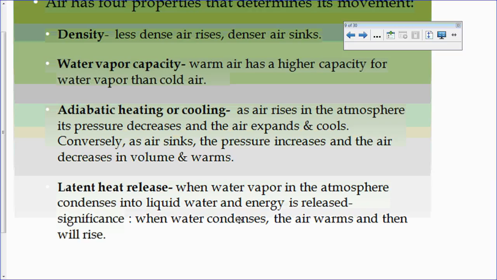Okay, when water condenses, the air warms and then will rise. So just think about it like this: if you change the state of an object, solid to liquid, liquid to gas, that sort of thing, think about which state requires more energy. Right? If I'm going from a higher energy state, such as a gas, down into a liquid, that energy